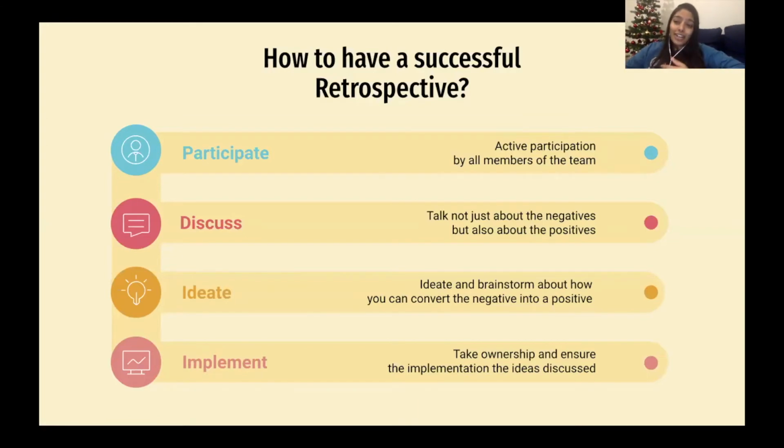You all need to divide all the action items that come up. Make sure that it doesn't just fall on two or three people's shoulders, because at the end of the day, it's your team and it's up to all of you to take this to the next level, to implement those changes.